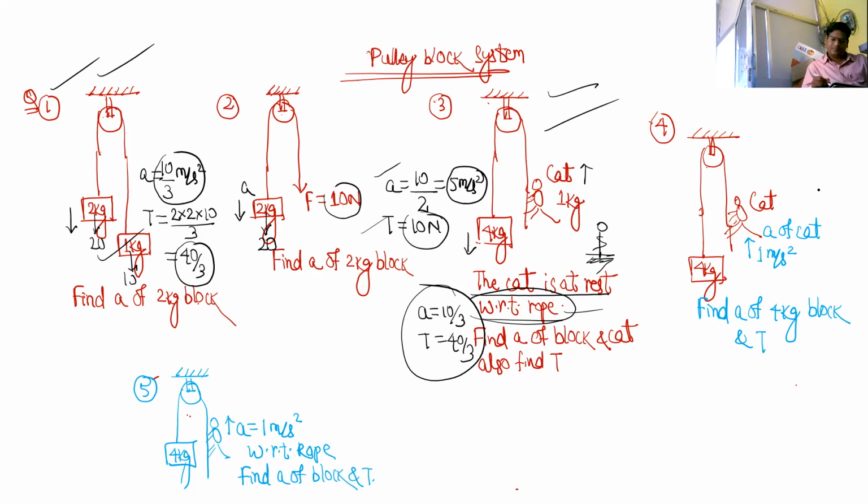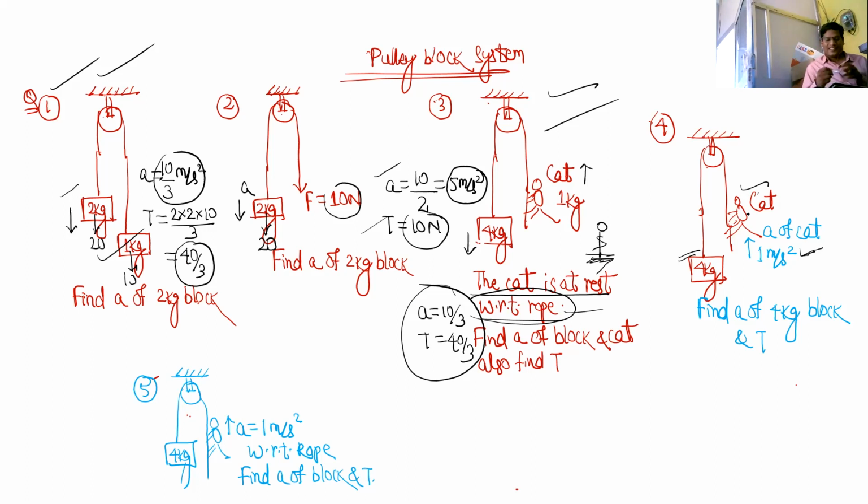Now here acceleration of the cat is 1 meter per second square. So that means now the acceleration of the cat is given. Now this cat might be either climbing up or climbing down. So here you cannot tell that the acceleration of cat and block will be equal. We were assuming the acceleration of both the blocks are equal because there we are assuming the length of the rope between them remains constant. And here this person is climbing up or down. The length of the rope between them doesn't remain constant. So their accelerations won't be same anymore.